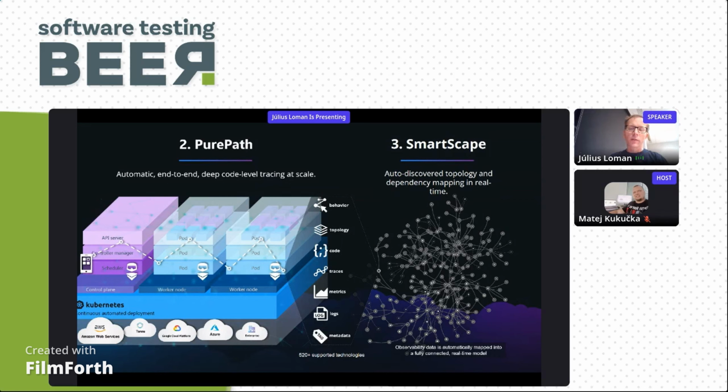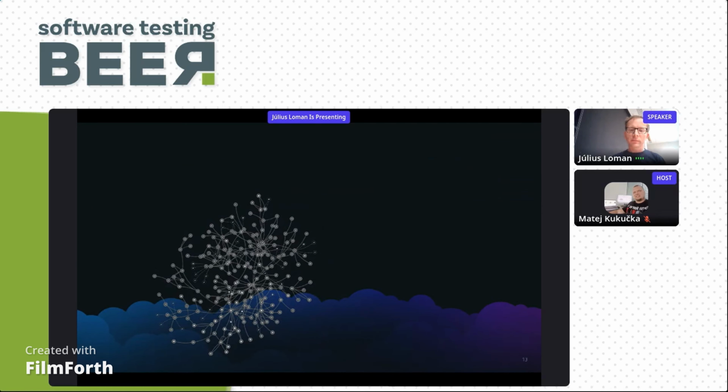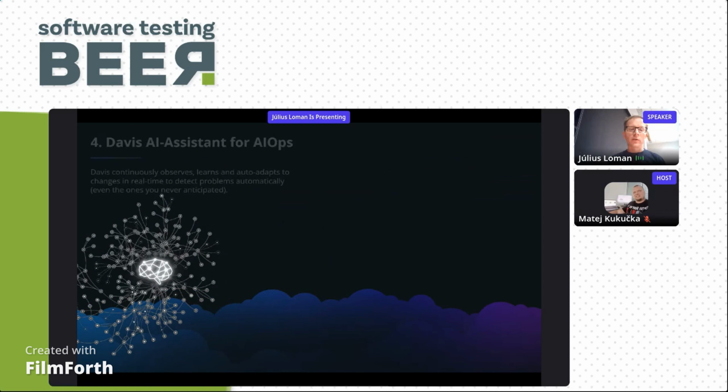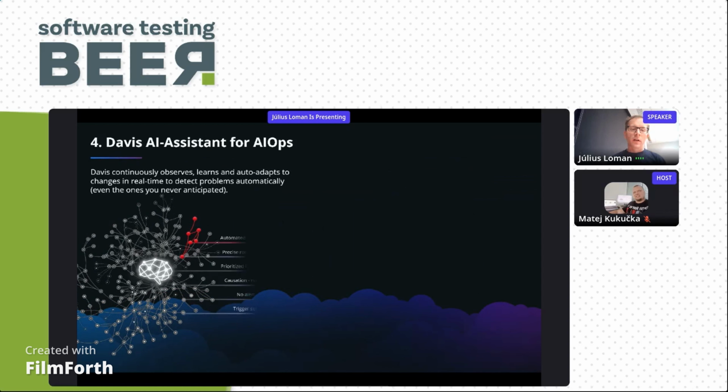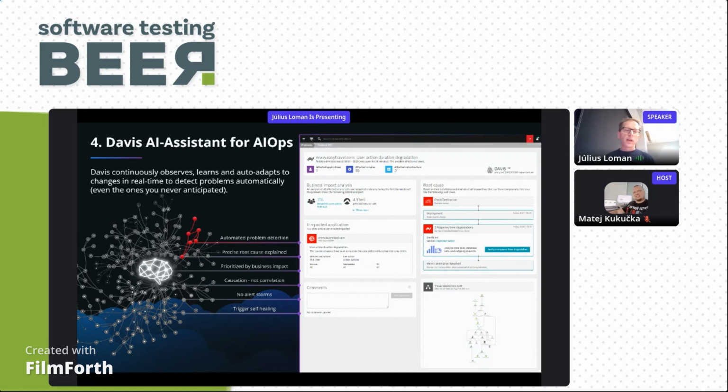So we have something called Smartscape that will allow you to have a view of how my systems are interconnected, and this data comes from the PurePath data, from the relations. It's very important to have that data in context. And now, if we have the data and we have the relations between the data, we need to